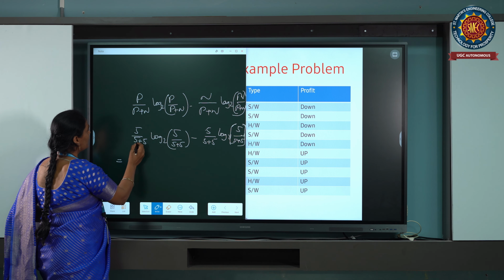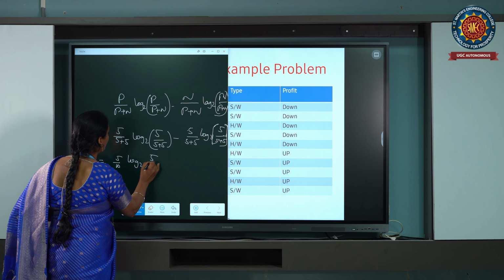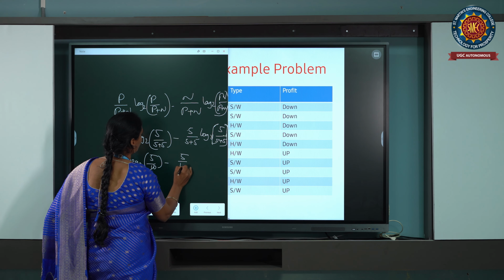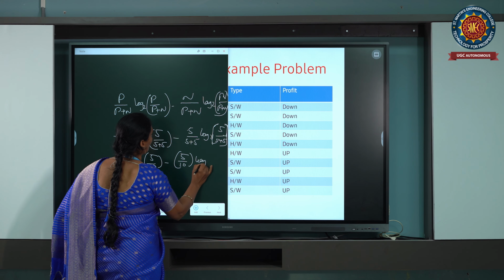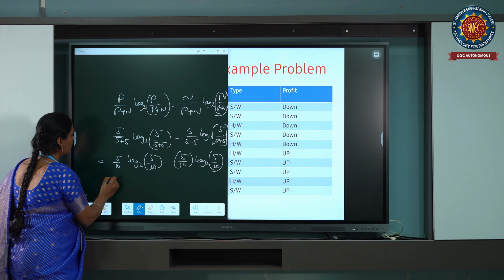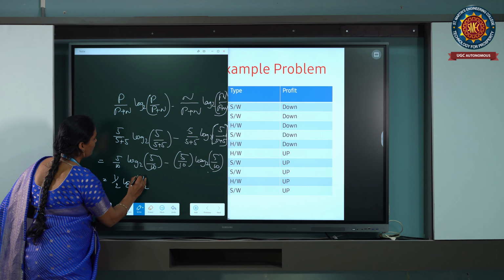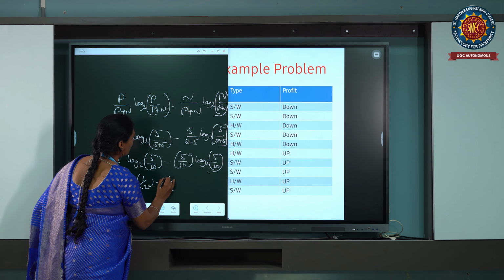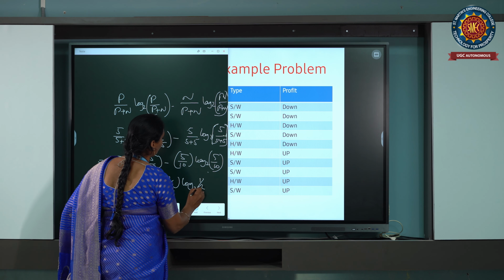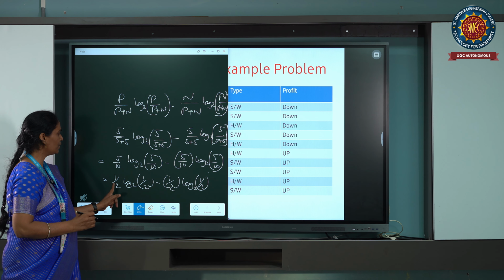so here we will get 5 by 10 log base 2 5 by 10 minus 5 by 10 log base 2 5 by 10. So here if we observe from this 1 by 2, that is equal to 1 by 2 log base 2 1 by 2 minus 1 by 2 log base 2 1 by 2. So in this one, we can observe that the 1 by 2